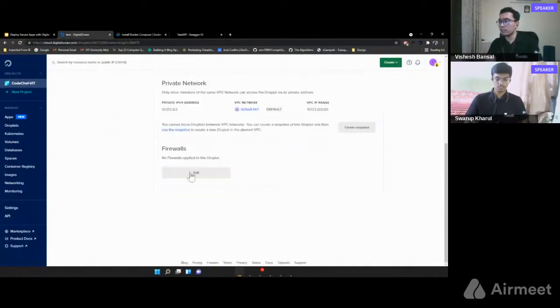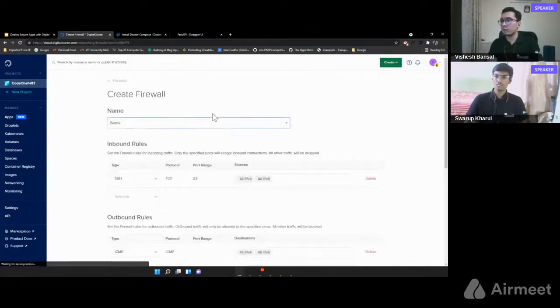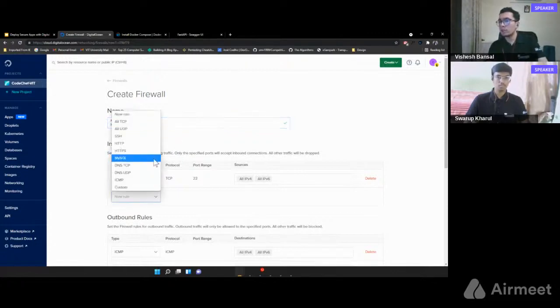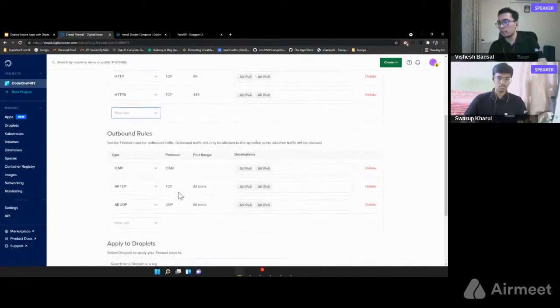So I'm just going to create a simple firewall. I don't have any firewalls, so let me create one. Let's say I name the firewall localhost firewall, and for inbound rules, I'm going to allow traffic to come through very fixed ports. I'm going to allow 80, 22 and 443 only.